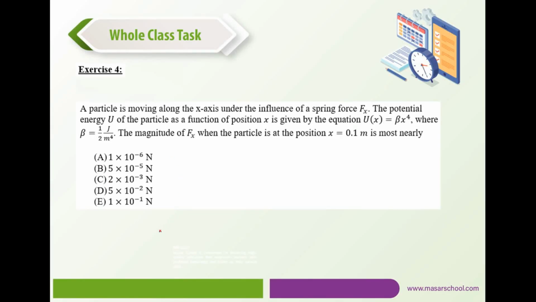A particle is moving along the x-axis under the influence of the spring force Fx. The potential energy of the particle as a function of the position x is given by the equation, where beta is half joules per meter to the power 4. The magnitude of Fx when the particle is at position 0.1 meters is most nearly. We need to find the magnitude. Then this can be done using calculus, because we know that Fx would be minus dU by dx, which is minus d by dx